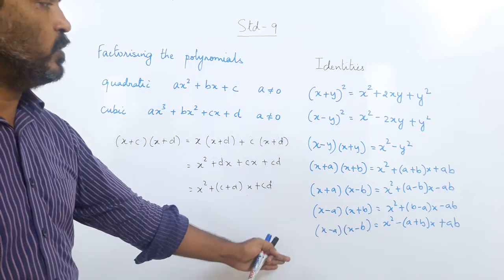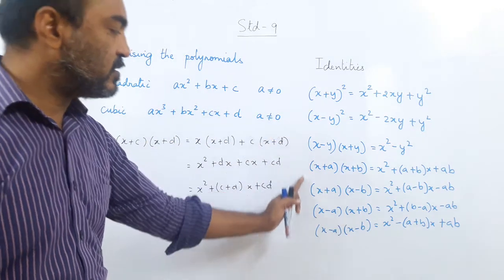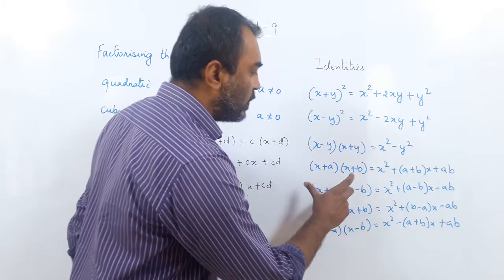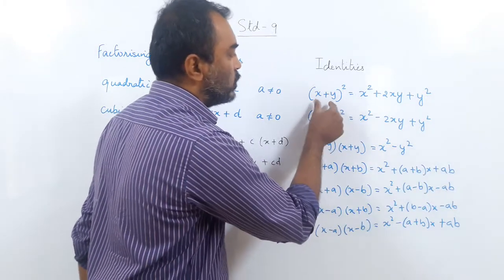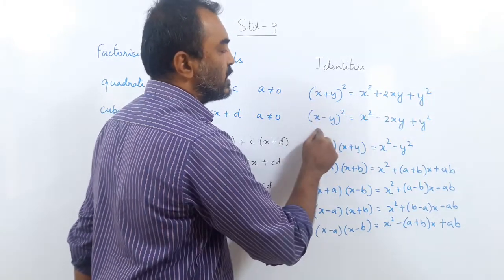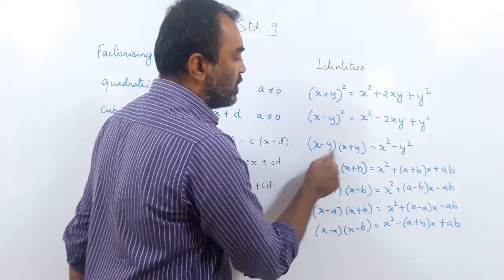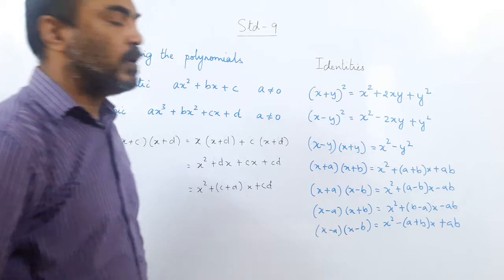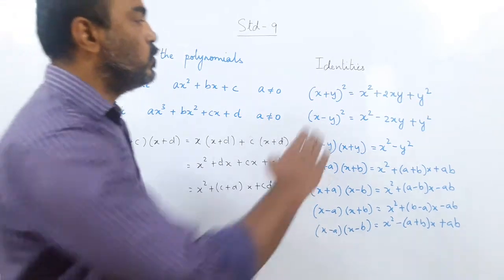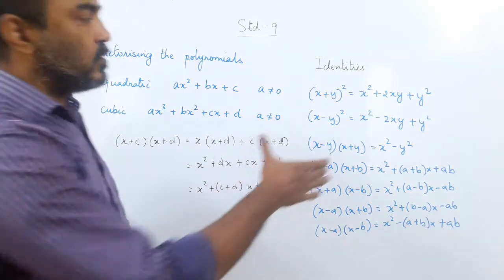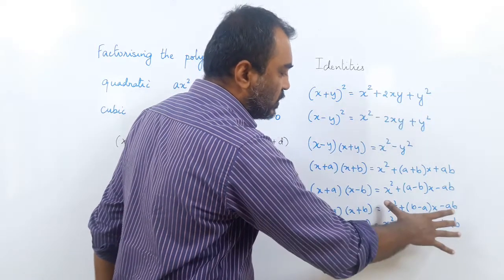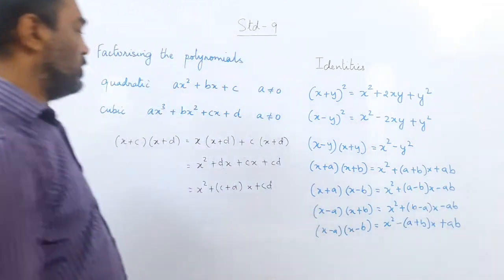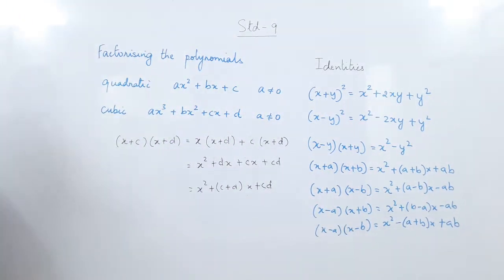So this was the reverse formula. This you did last year, this is the expansion, how you multiply the brackets and open it up. So (x plus y) the whole square opens into this, (x minus y) opens into this, (x minus y) into (x plus y) becomes this. And multiplication of (x plus a) and (x plus b) gives you this. Now here, what is the thing we have to do? Factorize. These polynomials are given to us, we have to find the factors. Now I'll give you an example, it will become very clear to you.